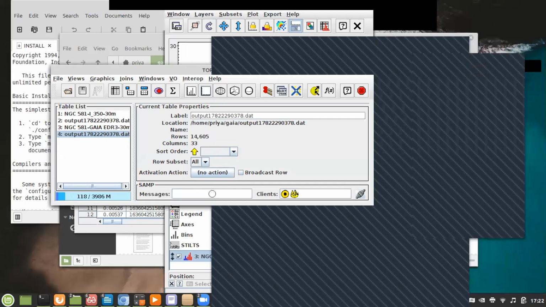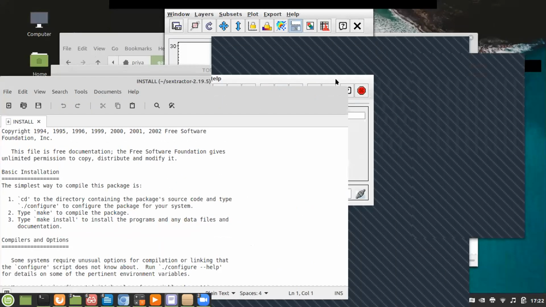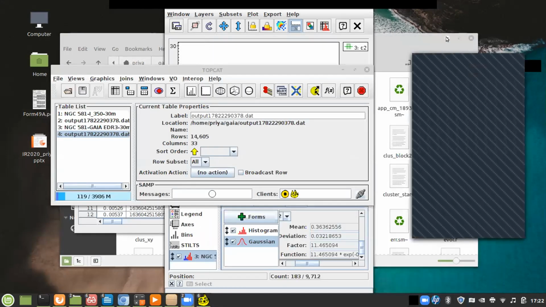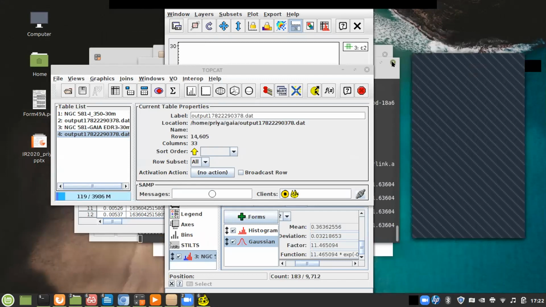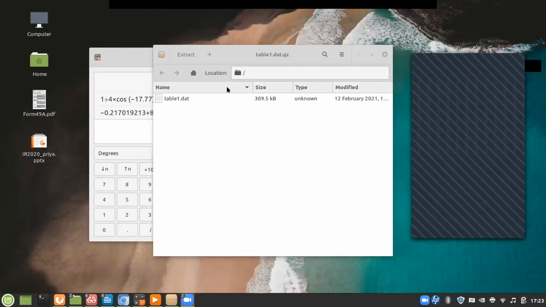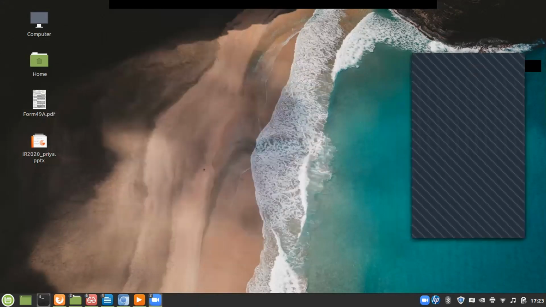Now let me see if all those other things have gone. I always have a lot of windows open. That's what's creating the problem. Now I've cleaned my desktop. Is all fine now? Oh God, I closed my own TopCat. Sorry, just a minute. In closing all those boxes, I closed TopCat itself.